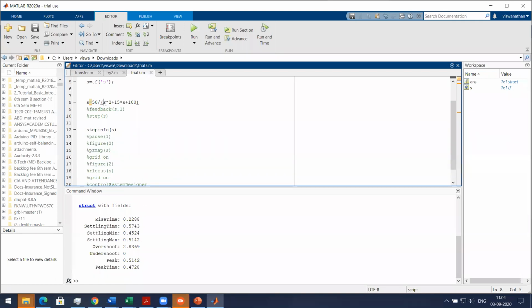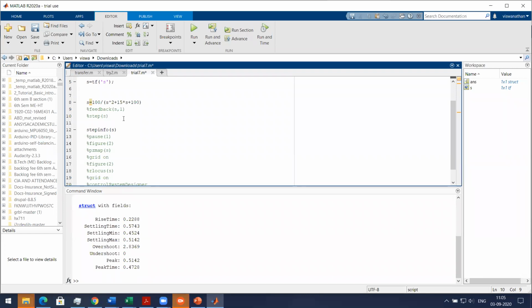So this has to be proper: s square plus 2 zeta omega n s plus omega n square. In general form, this equation is written as omega n square divided by s square plus 2 zeta omega n s plus omega n square. All the omega d formulas you have studied in the vibrations course, so the same thing applies here. There were some formulas given for the rise time, percentage overshoot, and the peak time. Settling time, I'll do a little later.